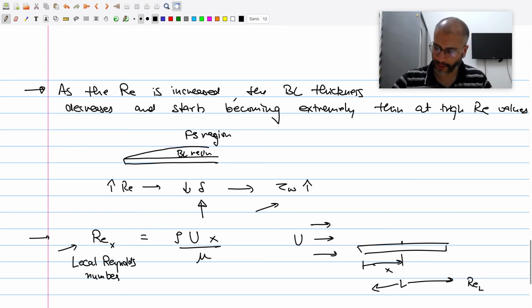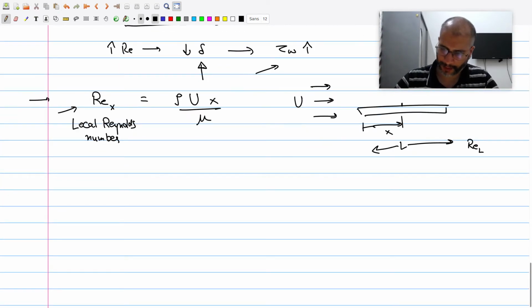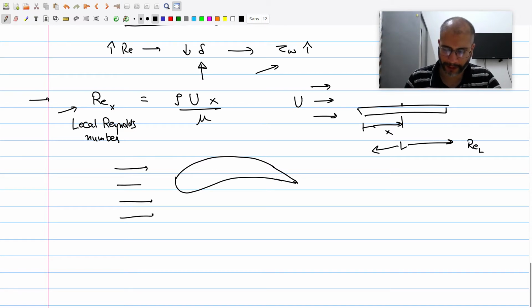Now if you have a situation where, for example, there is an aerofoil, and the flow is happening like this, how will we define our Reynolds number, because there is no length? What we do is define x based on this curved coordinate x along the surface of the aerofoil shape. That's the typical way you define Reynolds number in external flows. So this will become the x in the case of curved bodies.